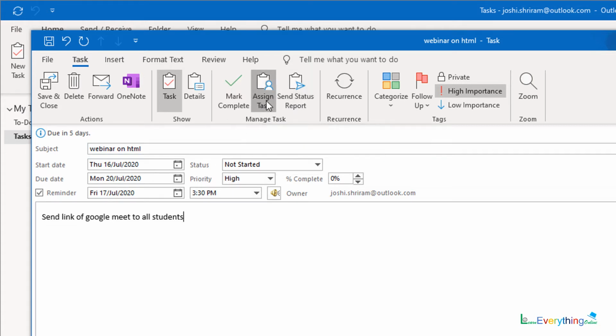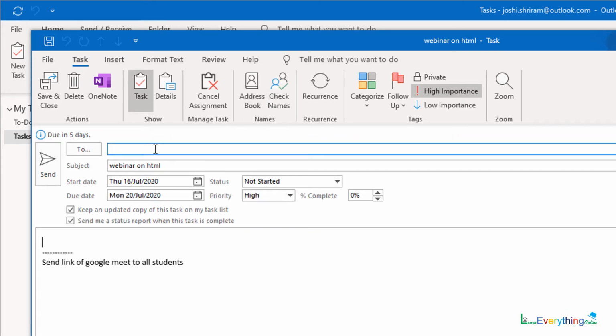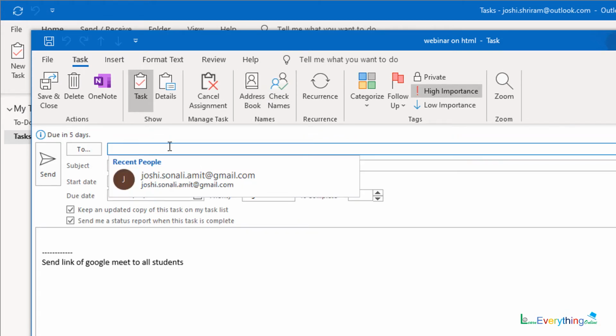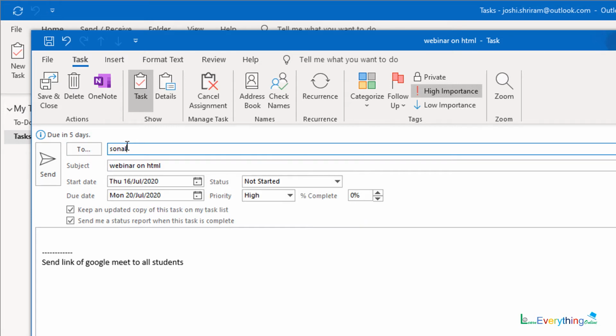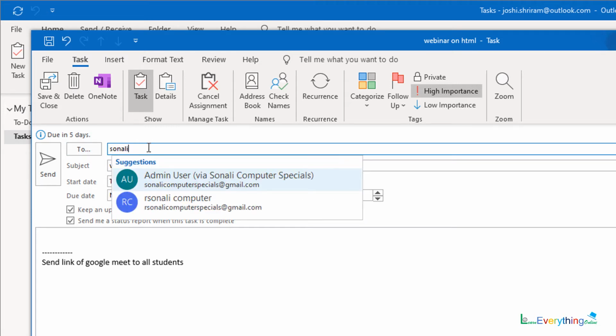As I told you, if I am in a team and I want to add this particular name, say for example this name, this is not for email. Generally we know the two buttons only for email, but this is for assigning a task. Say for example, if I am writing Sonali, it will ask me whether that person is from this list or this list.